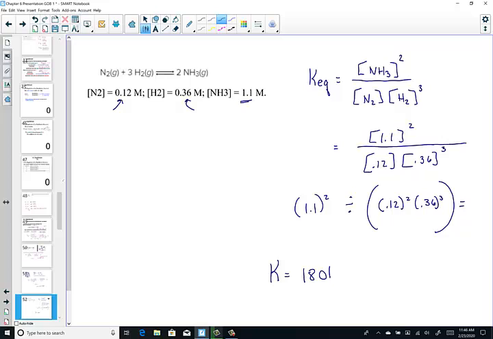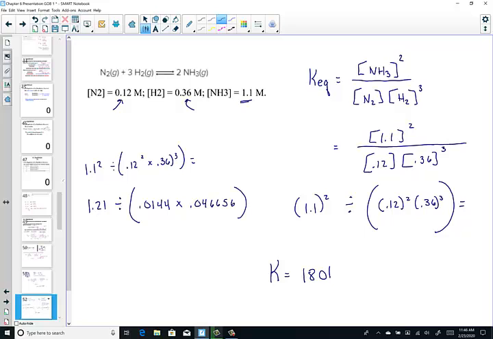Now, if you want to see that written out just an even further step, we could do this together. We could do 1.1 squared divided by 0.12 squared times 0.36 cubed, just to be sure that you're hitting your keys correctly. So I want to hit it together slower. 1.1 squared, that's 1.21. And then I will hit 0.12 squared, and that gives me 0.0144. And I can hit 0.36 cubed, and I get